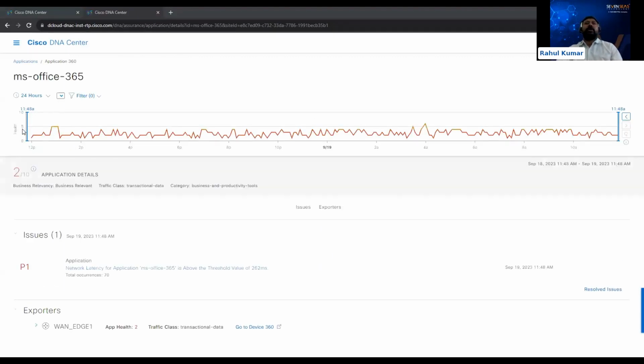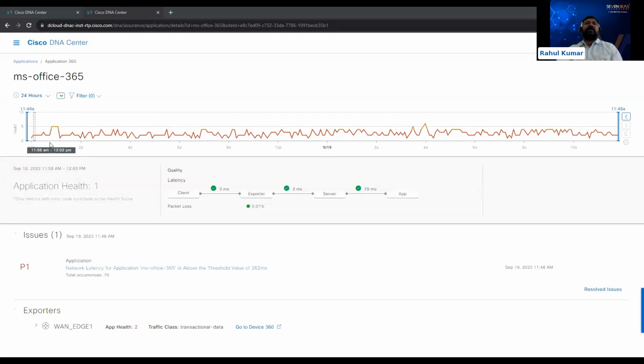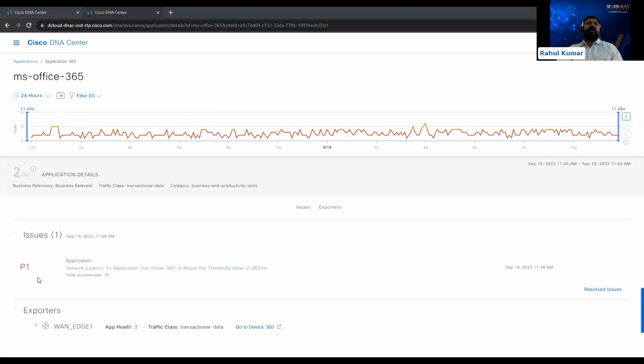Okay, so here you can see in a span of 24 hours, okay, this graph is continuously going up and down, right? So what is the issue? Here you can see it is showing it's a P1 issue, which is a critical issue, right? Network latency for the application Microsoft Office 365 is above the threshold value 262 milliseconds, right? So this is the threshold which you have configured while putting it into the business critical application category, right? So when you further click on this,